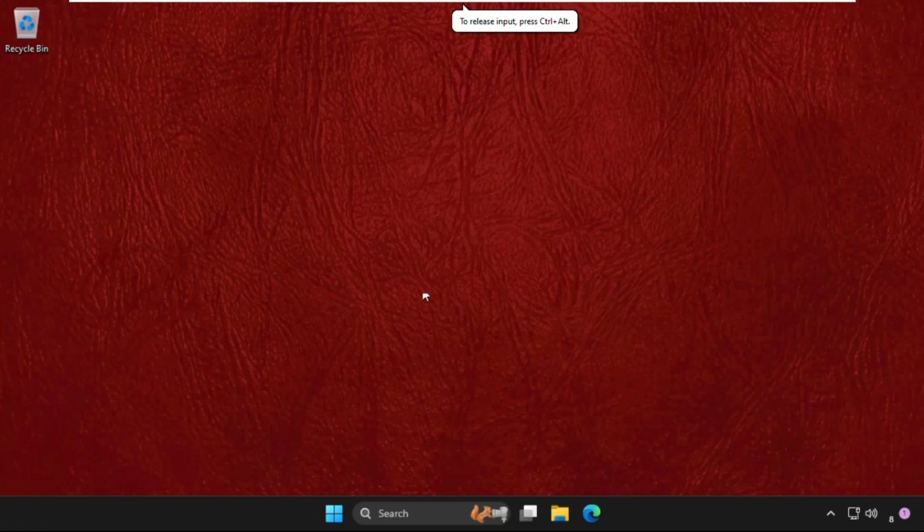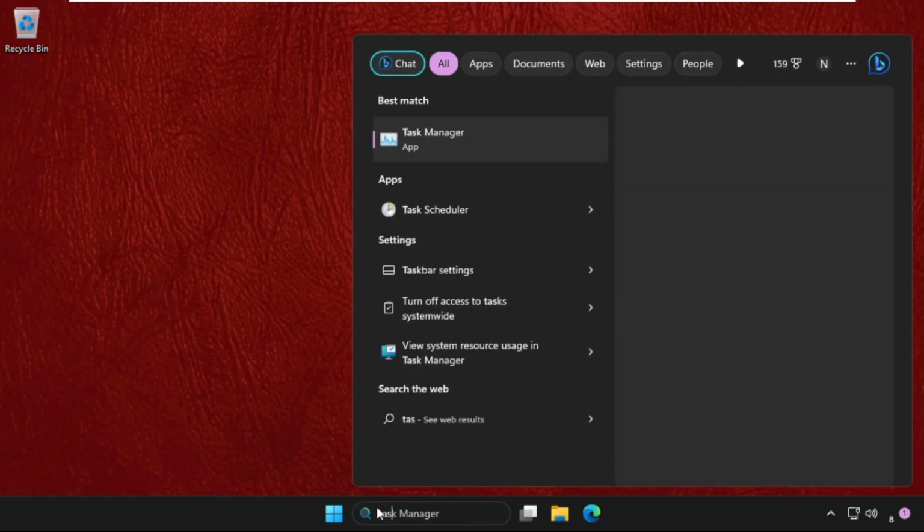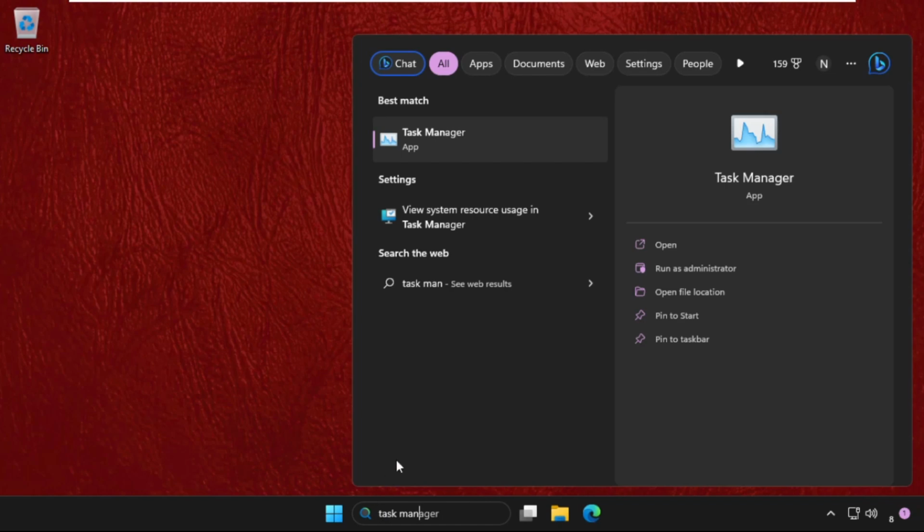Hey guys, I'll show you how to fix this problem on Windows system. What you have to do, you need to just follow my screen and we will fix this issue together. In the first step, we need to go to search bar and type task manager and click here to